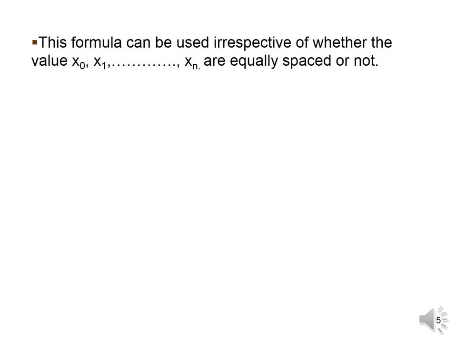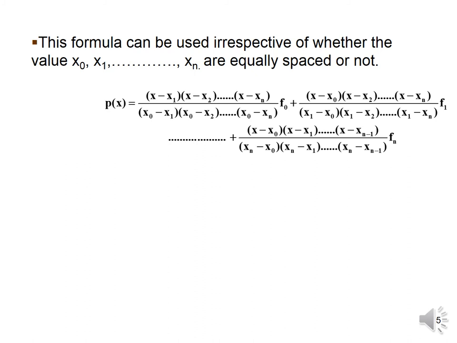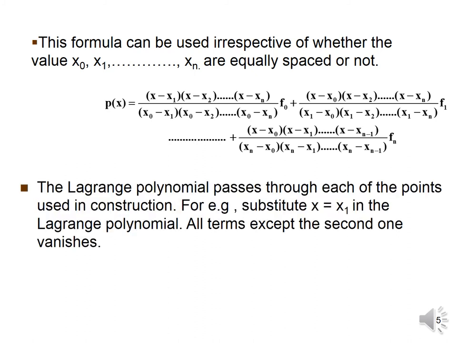This formula can be used irrespective of whether the values x0, x1, xn are equally spaced or not, and the formula is this same formula. The Lagrange polynomial passes through each of the points used in construction. For example, substitute x is equal to x1 in the Lagrange polynomial. All terms except the